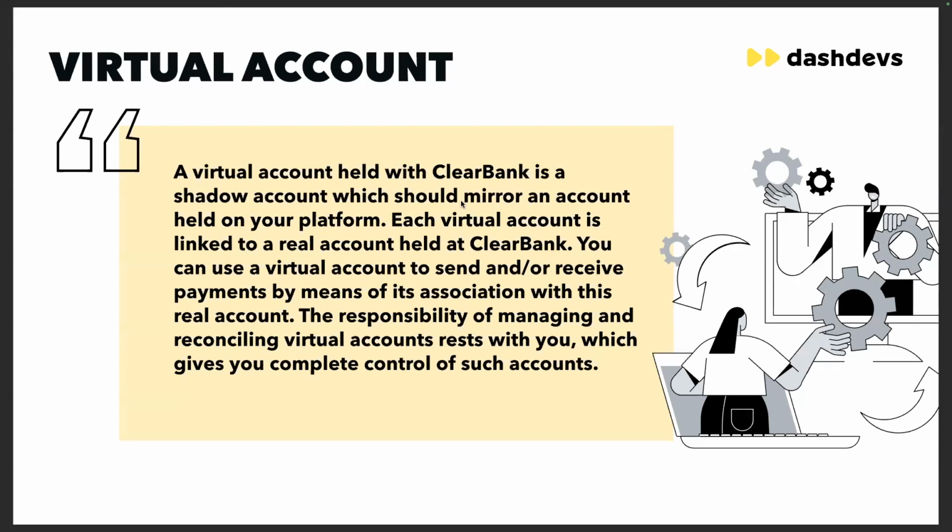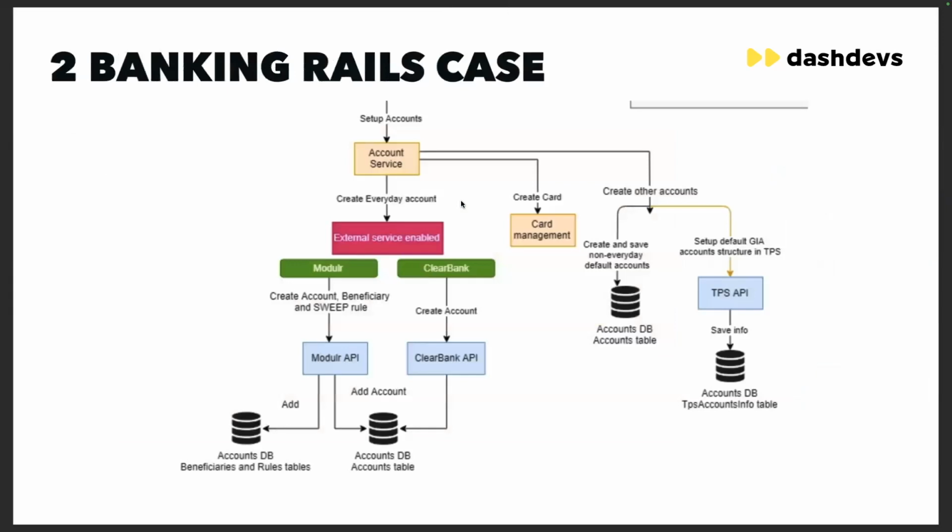So let's say I would like to connect a different vendor with a virtual or physical card. Usually in this case, the virtual accounts on ClearBank are used. Here are certain slides showing how the system might be designed if you have two different banking rails implemented in your system. In this case, the example is Modular Finance and ClearBank. And there is a third-party